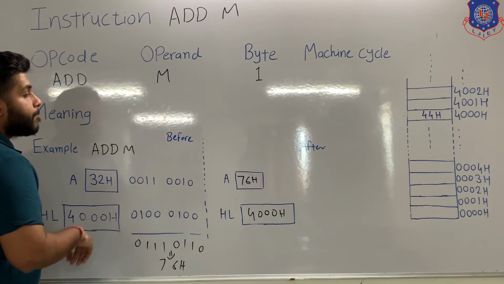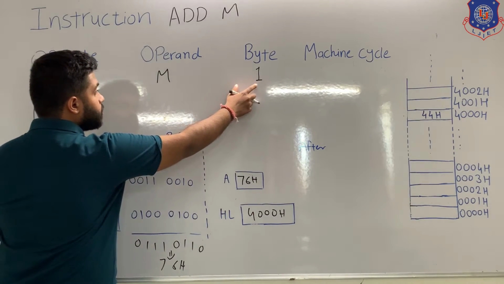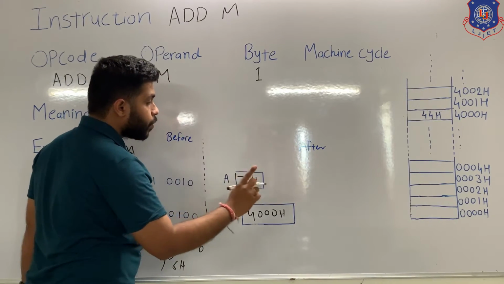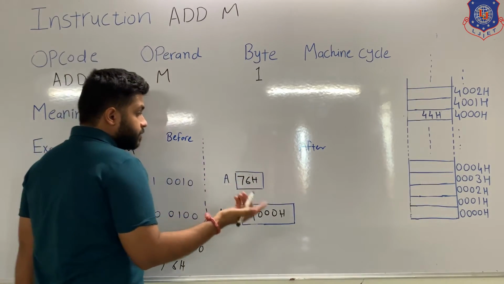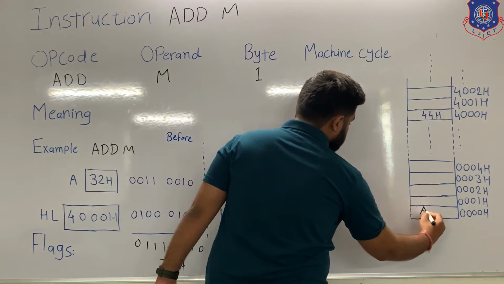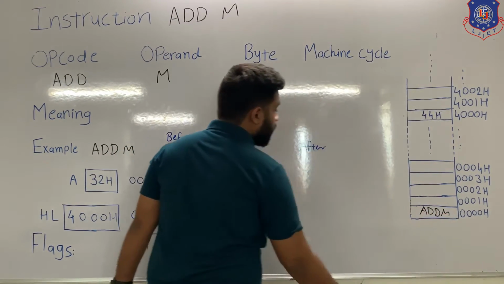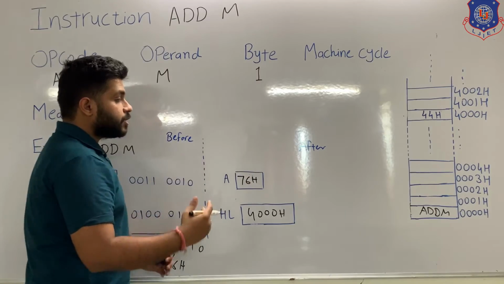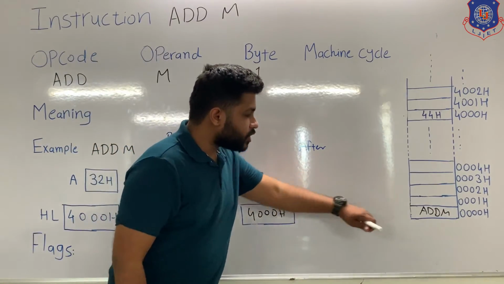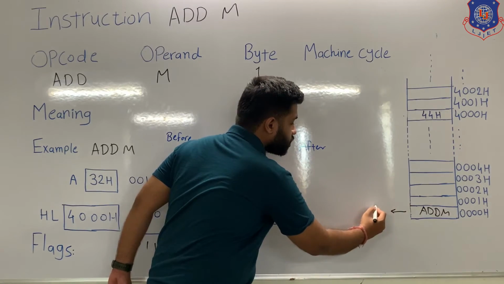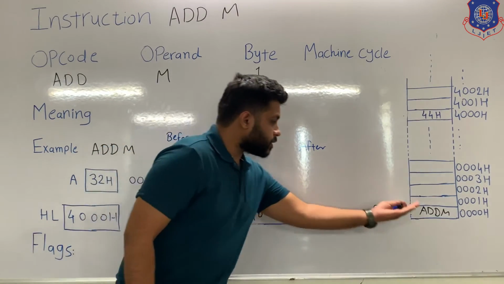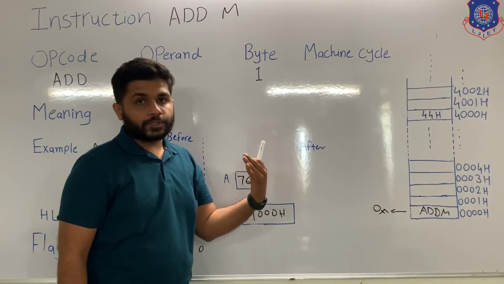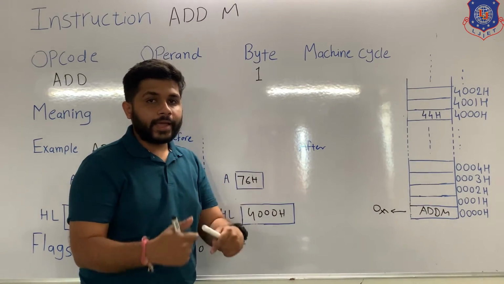Now let's discuss the machine cycle. Because this instruction is of 1 byte, when you give this instruction in the memory, it will occupy only one memory location. So let's provide this instruction to the memory, and this instruction will be stored in the one location. After this instruction is stored in the memory, the processor will start doing its task, that is to fetch, decode and execute. To fetch this instruction, the microprocessor will perform the machine cycle, that is opcode fetch. When processor performs the opcode fetch, this instruction will be transferred from the memory to microprocessor. Then processor will decode and execute.